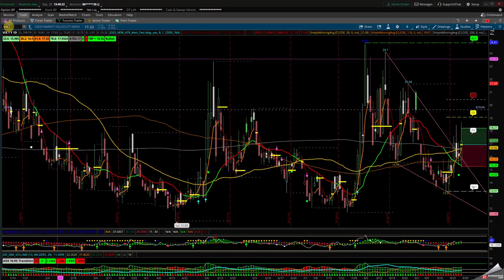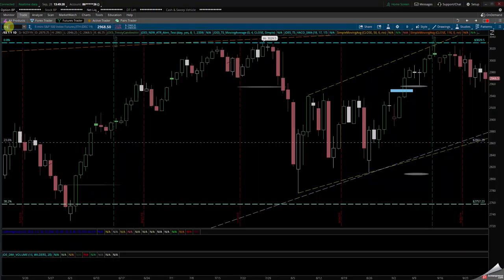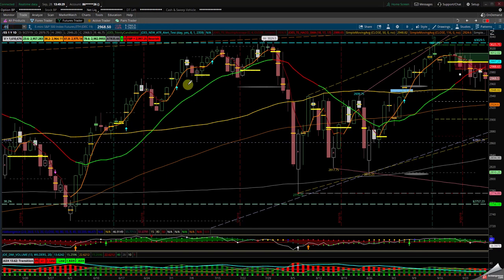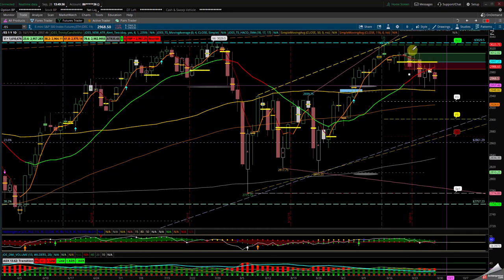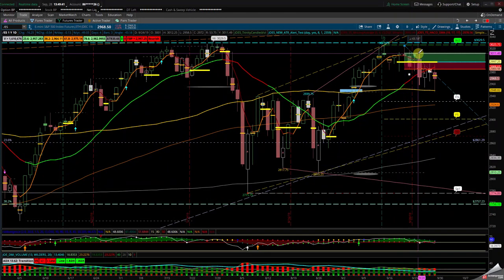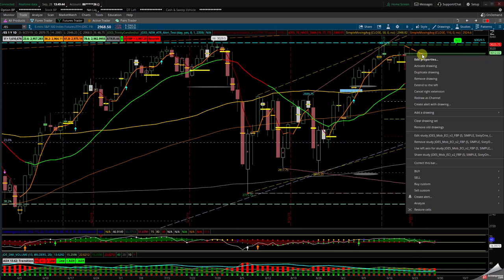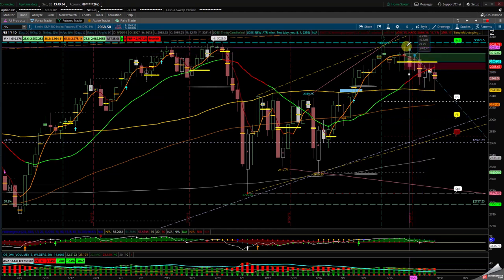Let's go to the ES one more time, and I want to break something out for you guys on volume profile to show what has happened. This is the ES on the daily chart. What I'd like to do, you see this, we are in a downtrend. What we can do is grab this channel here, this candle here, and draw it to this one, and we're going to make this yellow. So in order for the bulls to take over, we have to clear the 3000 or 2998 area in order to continue higher.